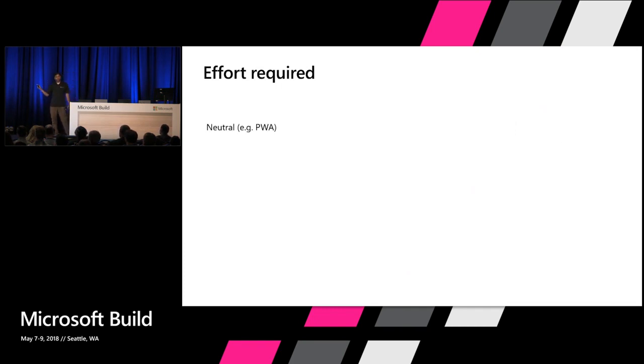So if you're a neutral app, for example, a PWA, Twitter is a great example, you don't need to do anything, right? It runs natively. It uses the power of Edge, right? It's always native. It's JavaScript. You don't need to change anything. Your package is neutral. It just runs natively on this. Great. If you're UWP,